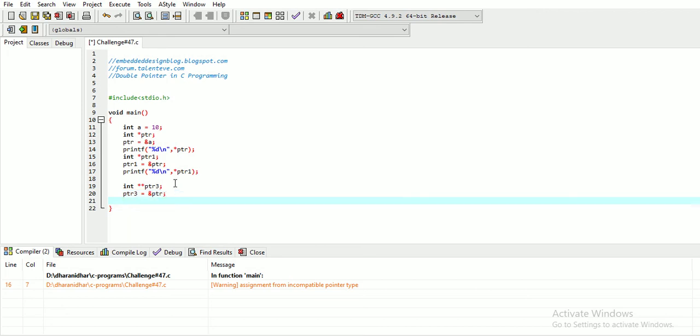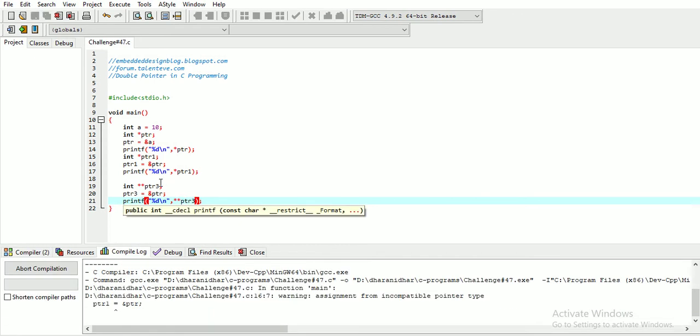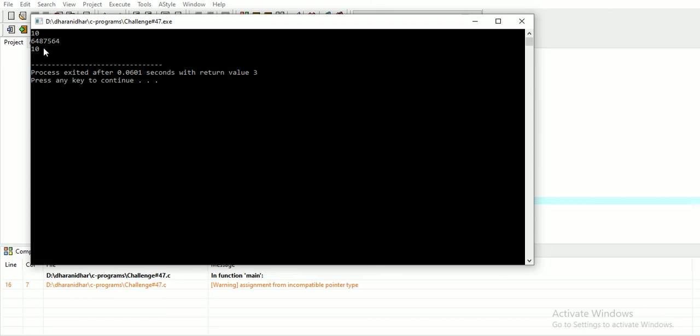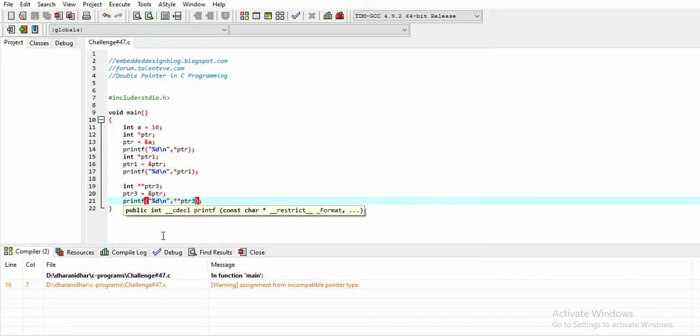Now if we print the value of star star ptr3, you can see the value held by the variable a is printed, because star ptr3 points to the value which is held by ptr, and then another star points to the value of a.